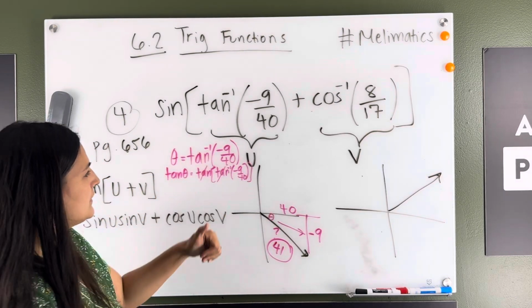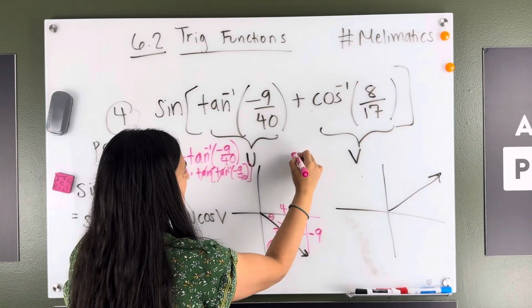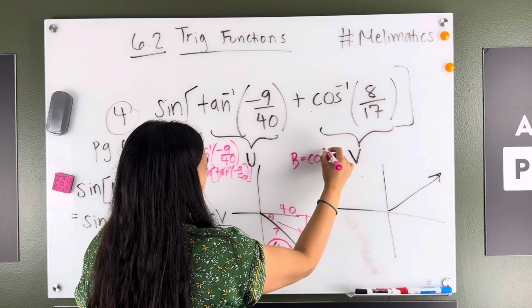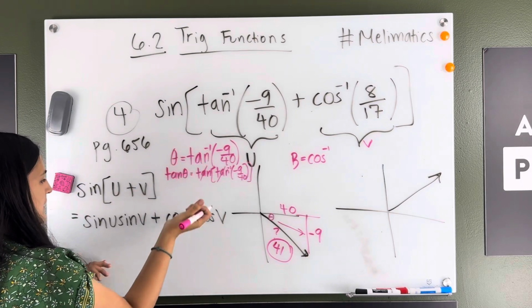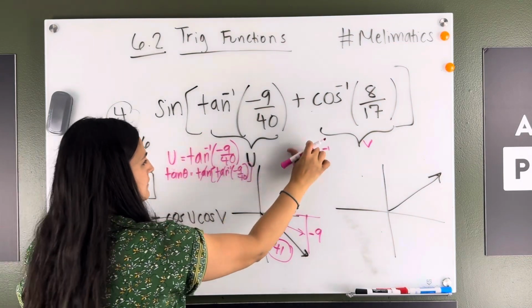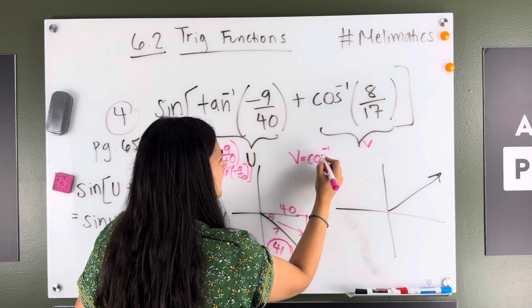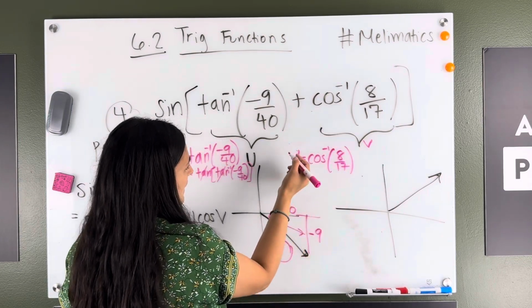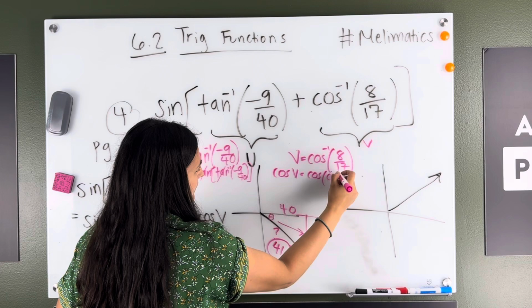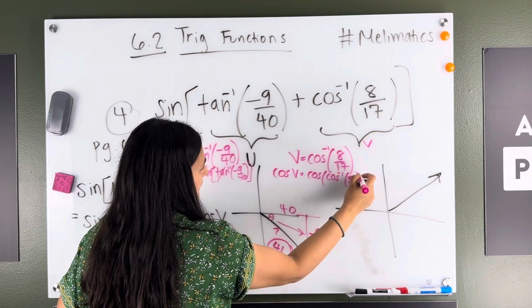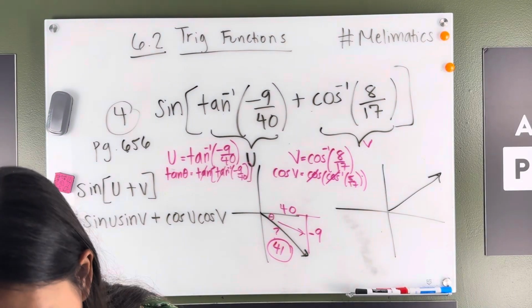Okay, and on the other side, maybe I shouldn't call it theta, let's call it beta. Let beta equal this inside angle. Oh, well, since I let it be u and v, let's use u and v. So you can get the cosine of both sides in order to cancel out the arc cosine. And these will cancel out as long as